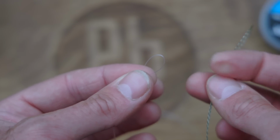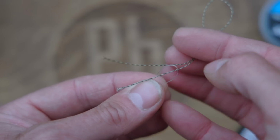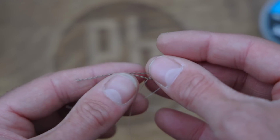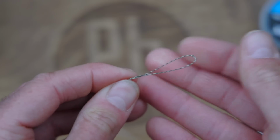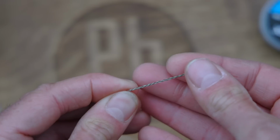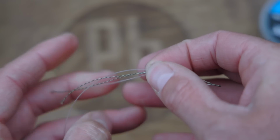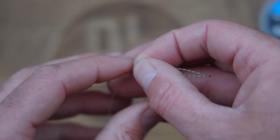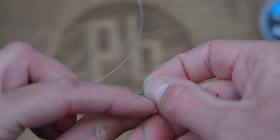Next you want to thread your supple braid through the loop of your stiff material and pull it down till you get roughly about 2 inches of material left. Then you're going to pinch it where they join, and then take your supple braid and wrap it around the two pieces of Amnesia